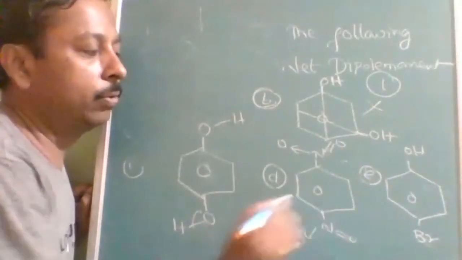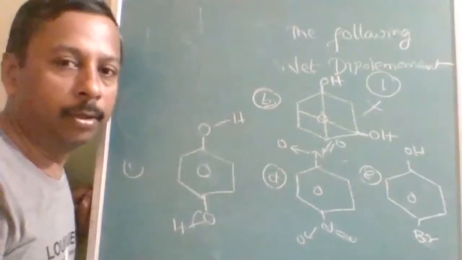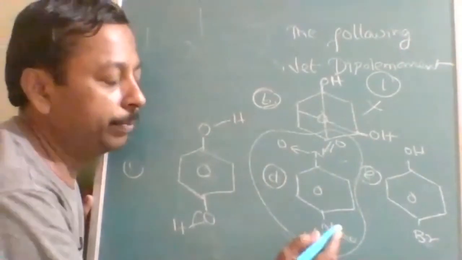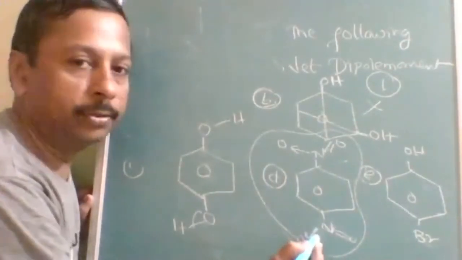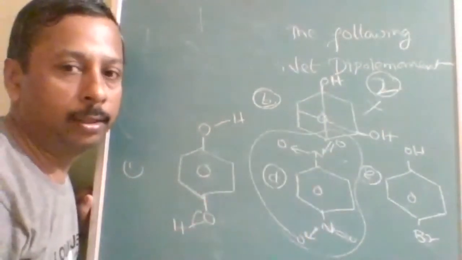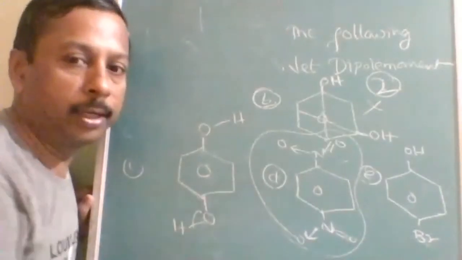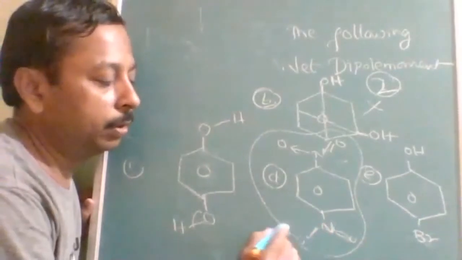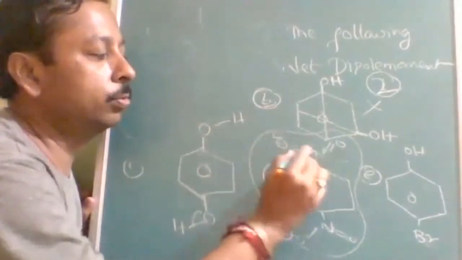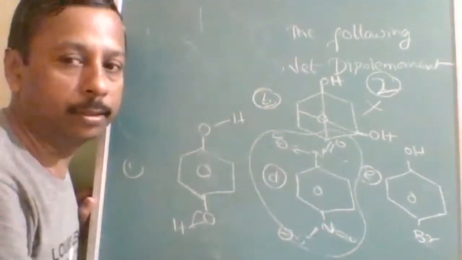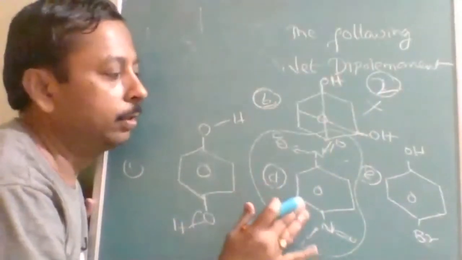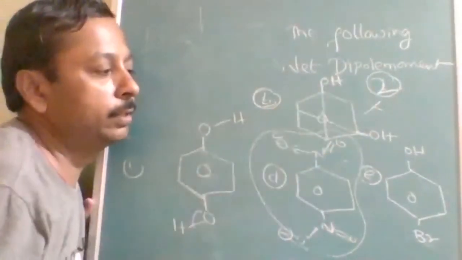Here actually one side is a coordinate covalent bond, one side a covalent bond. But still this is a very contradictory question, because some people explain this with the resonating structure. Somebody explained this through the coordinate covalent bond, somebody through the resonance structure. Resonance we will study. Once I explain through resonance, these two bonds are identical. That time it will get cancelled. So if I count this also, then it is also a genuine objection. So this is D. A and D will have it, then the answer will be 2.